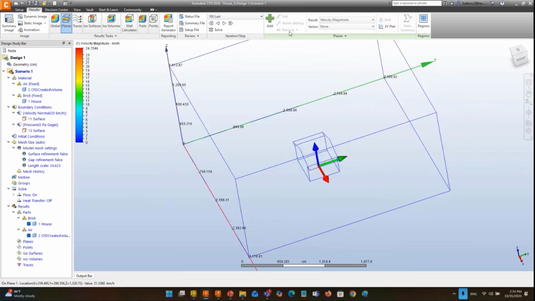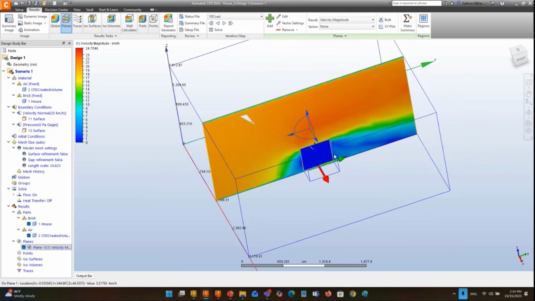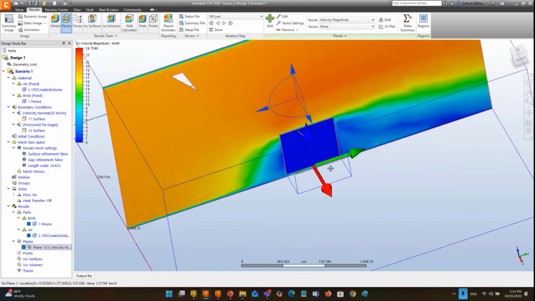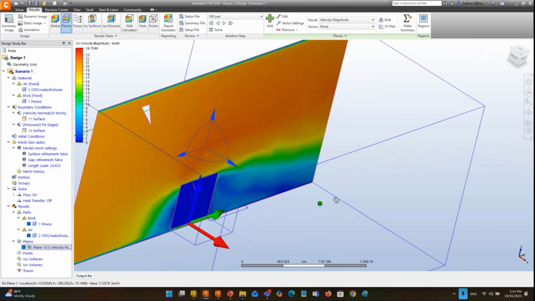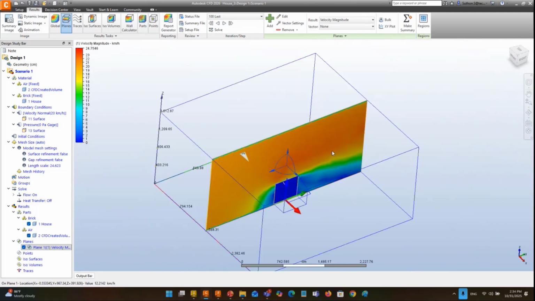And then I try to remove this one. I want to add a new one here. And then I would like to place the plane at the middle of my house in this direction. We call this the X plane because it's cut at the X axis, right? And then I add more, and then I click on this one. I want it